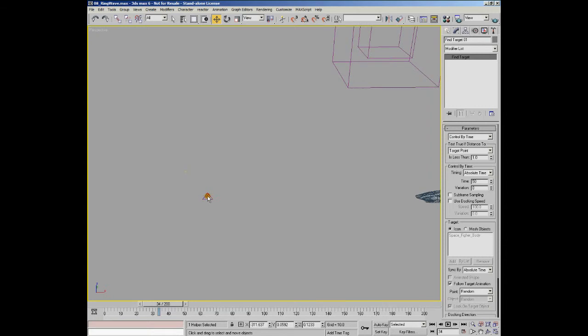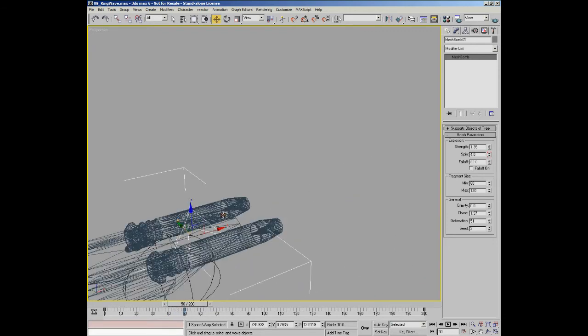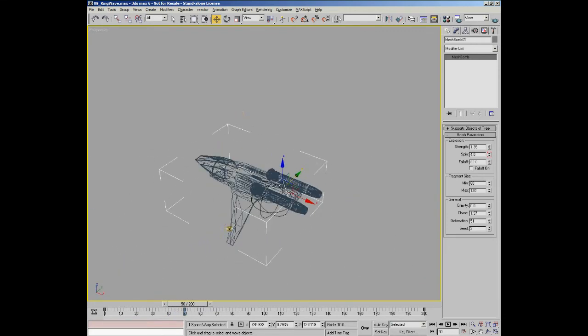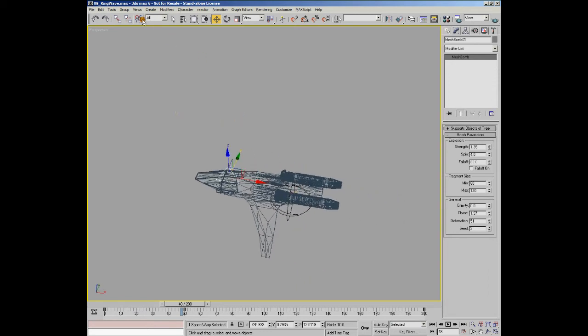If we go over here, we can see we've got a space warp, which is a mesh bomb, and that will just blow up our spaceship when it reaches a certain frame. So I decided that I wanted our spaceship to blow up on frame 30. So you can see when it reaches here, there you go, the mesh bomb comes into effect and it blows the spaceship apart. So basically each part of the spaceship is just linked in there using the space warp binding. It's just bound to